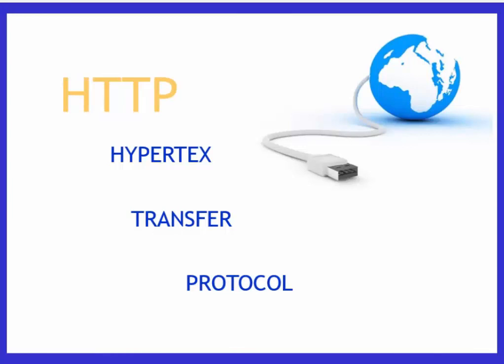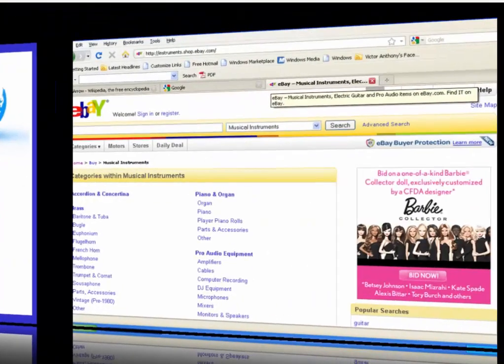This World Wide Web is made up of several computer networks which communicate with each other, and there's a particular protocol that is required for communication. Just like when you make any communication, you use a protocol, and that protocol for the World Wide Web is called HTTP. HTTP stands for Hypertext Transfer Protocol. It's a protocol by which communication is done on the World Wide Web.